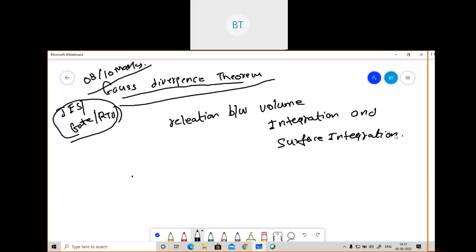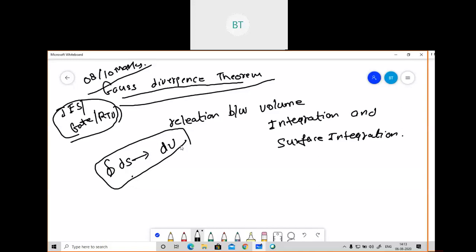When I was teaching you Maxwell equation, I told you that I was applying the Gauss divergence theorem directly there, and from that the equation's surface form is changed into dV form, that is, volume form. At that time you were thinking, how is this happening? So now I will show you by solving step by step. You just need to pay attention, because this is the most important and complicated topic in this EMFT. If you understand this, you'll understand all the other things which will come later.